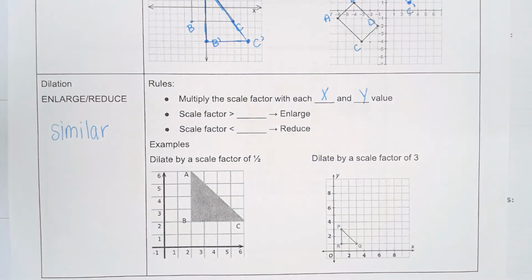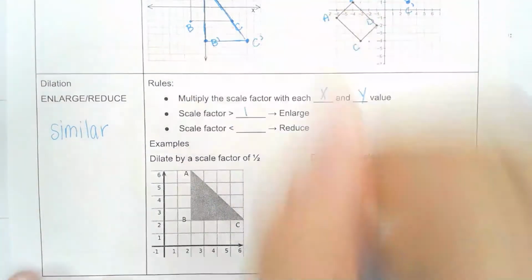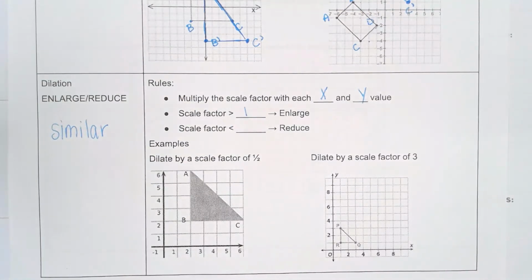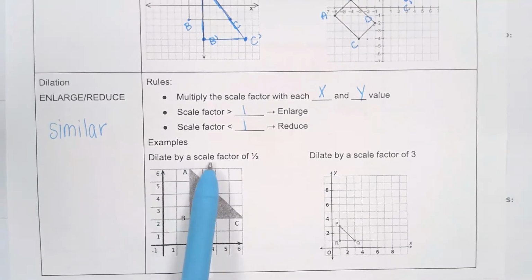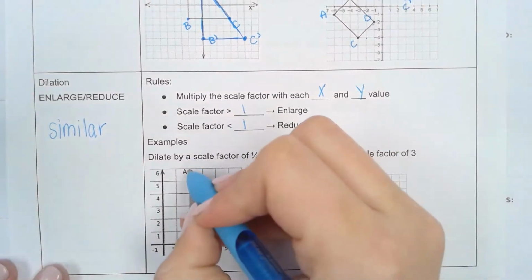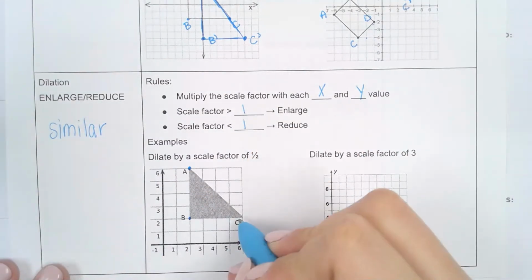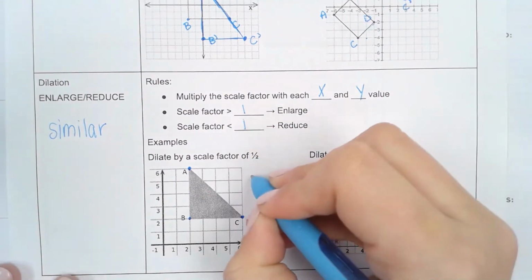If you have a scale factor that is larger than 1, that means that it's going to be enlarged. And then if you have a scale factor that is less than 1, your image is going to be reduced. Okay? So the first one, dilate by a scale factor of 1/2. So if I were to get all of these ordered pairs for A, B, and C,